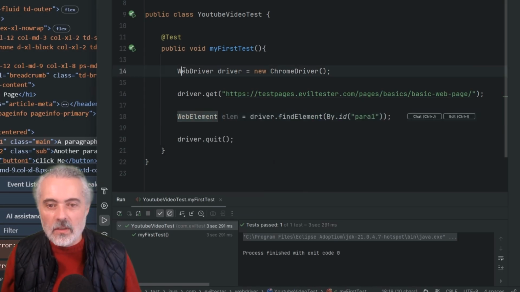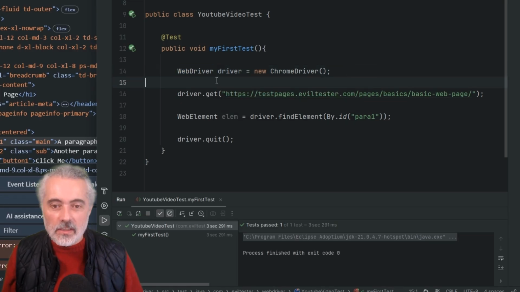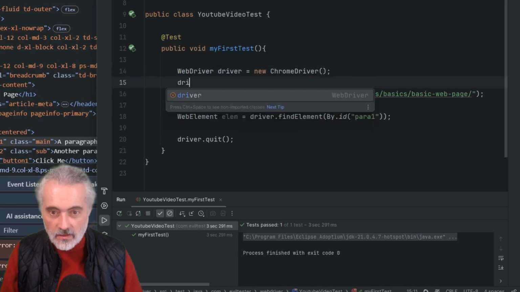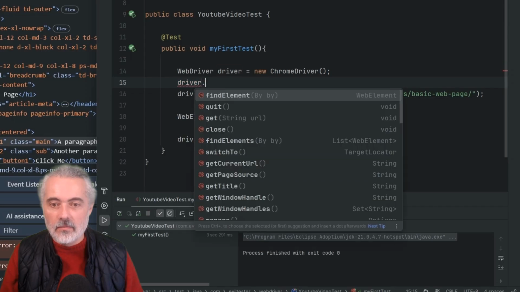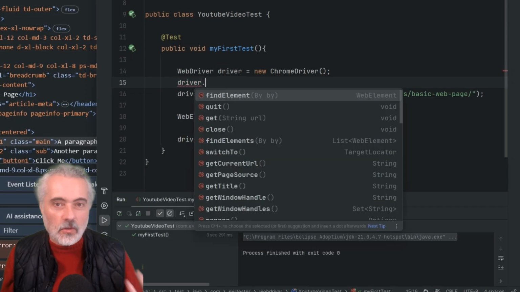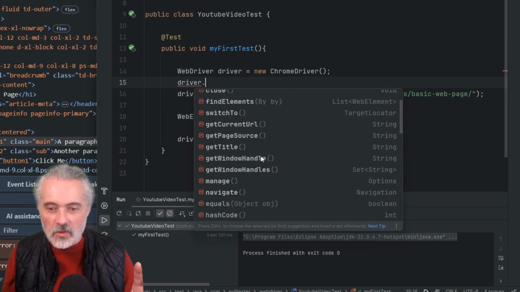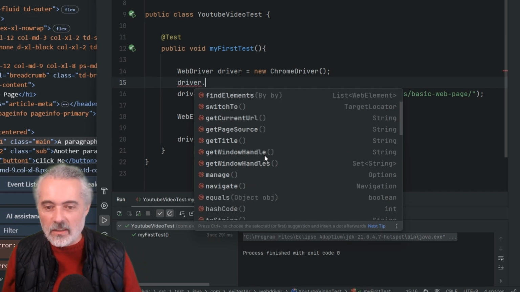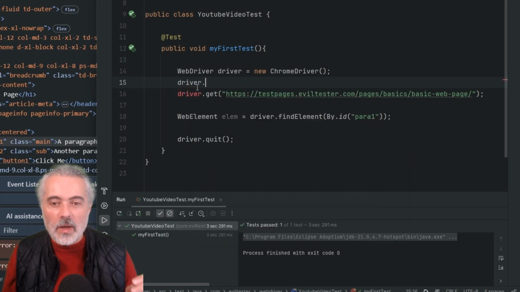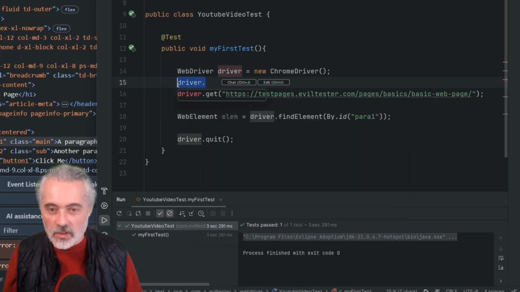So with WebDriver, we've got the interface for the WebDriver itself. This allows us to do things like find elements, quit, switch to frames, switch to tabs, get information about the current browser like the URL, source, handles. Driver is the top level that we work with, then web element is the lower level, which is the thing